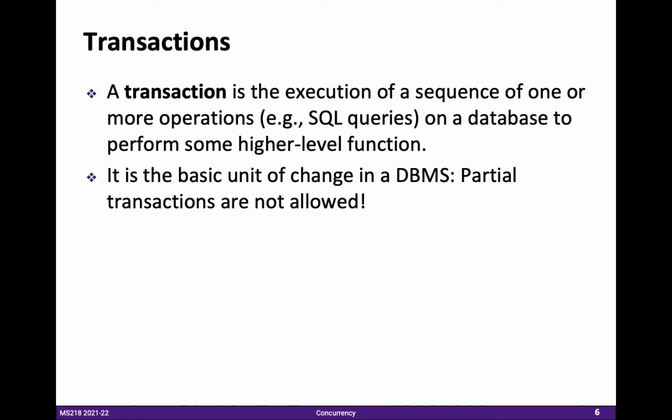Okay. Partial transactions are not allowed. So in one transaction, if there are 10 SQL statements to be executed, then it should execute all 10. Otherwise, if there are 4 or 5 executed and then there is some problem, you have to roll back these 3, 4, 5 statements that were already executed. Even if that €100 was deducted from my account, if that €100 is not successfully transferred to the Bank of Ireland account, then this transaction will be reversed, right?